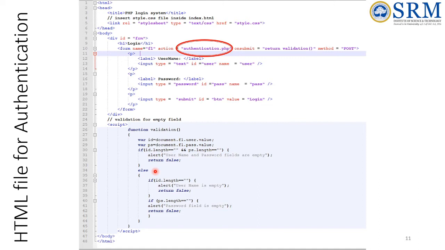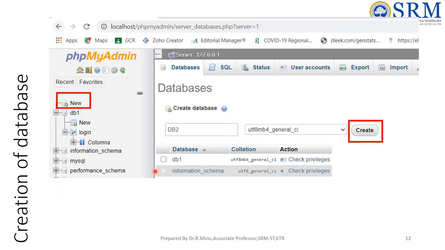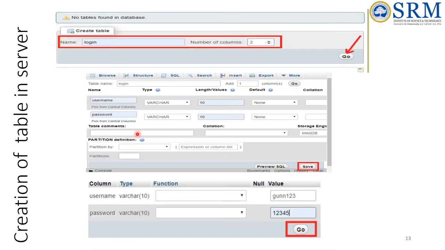Before going for authenticating, first we need to create the table with the list of usernames and passwords. For creating the table, first we need to create a database in PHP, and I will show you this demo shortly. First we create a database, then we create a table.